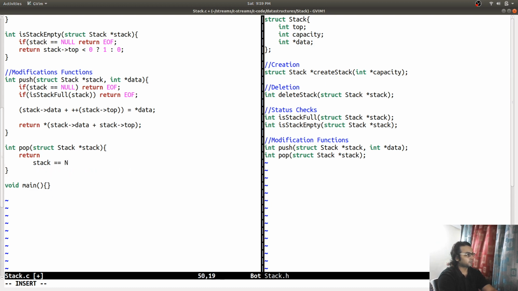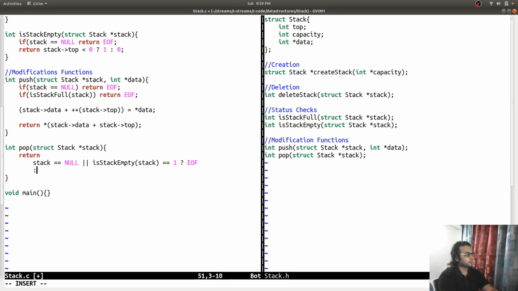No, I'm going to say that if stack is equal to null or stack empty, then return end of file in both cases.